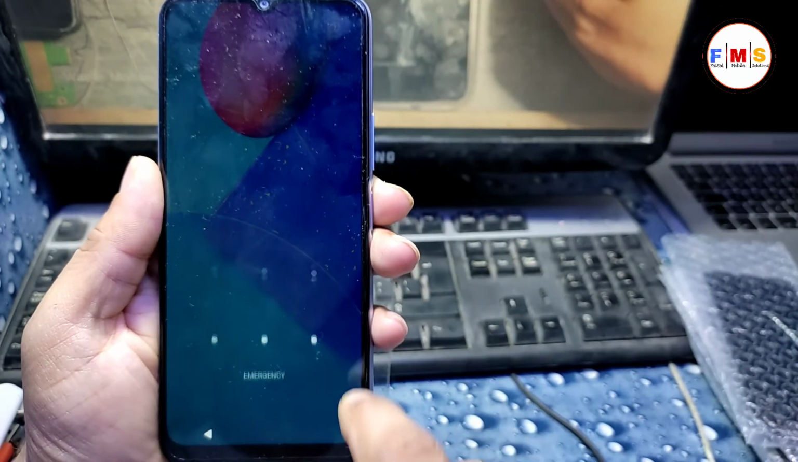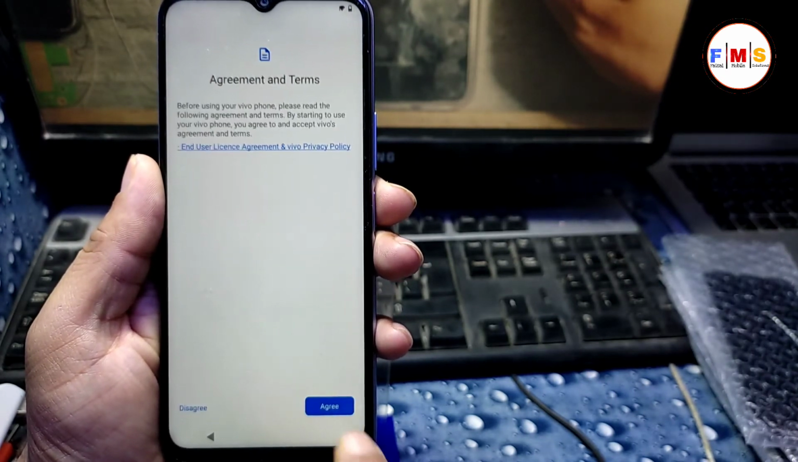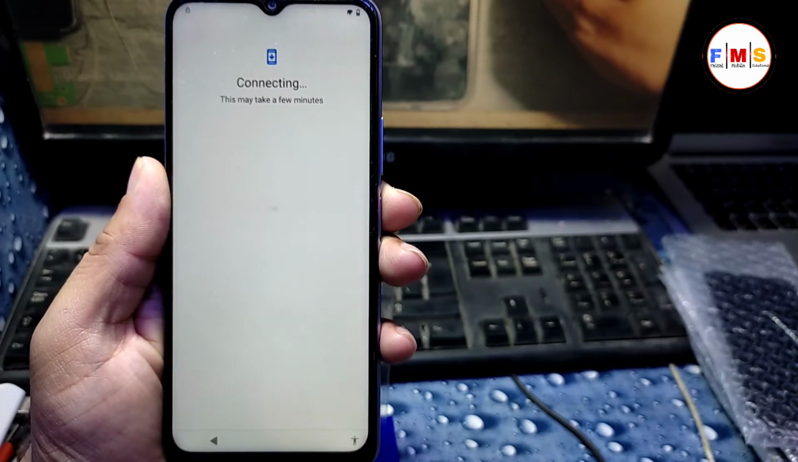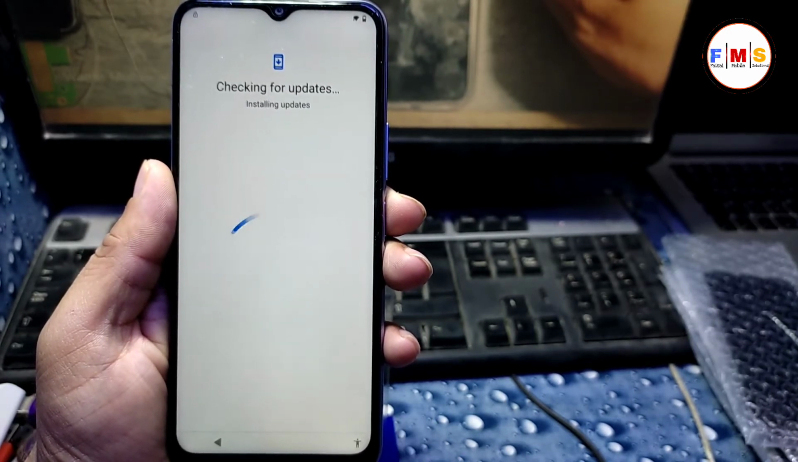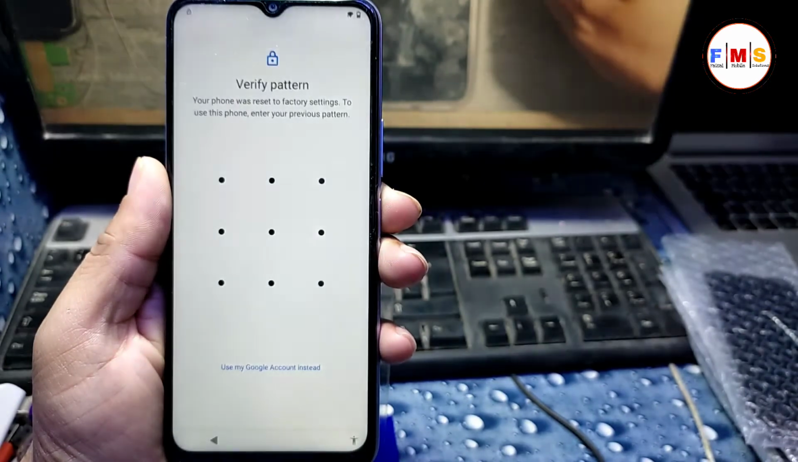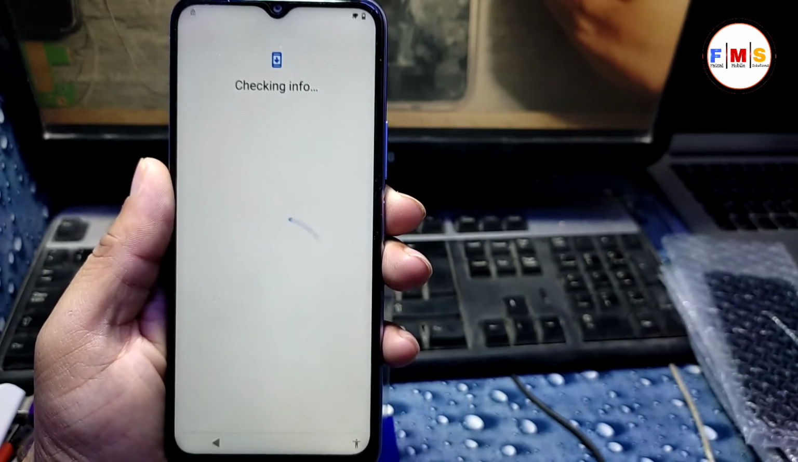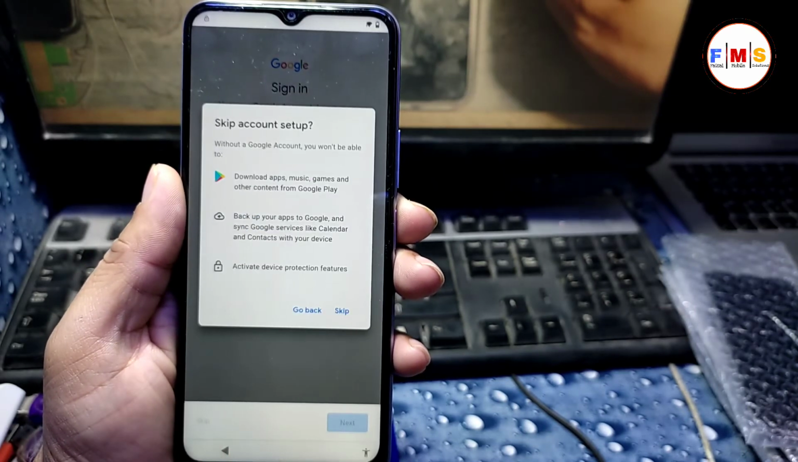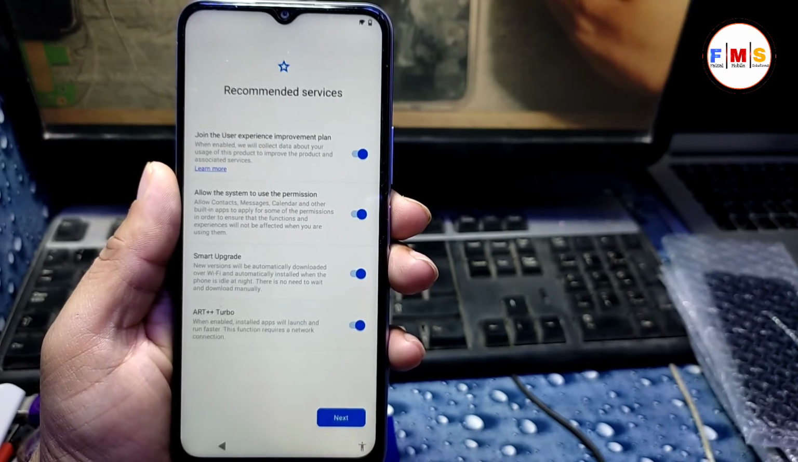So our phone is started up. I just gave the pattern. Just click next, agree, and just skip this one. It will take a little bit of time. It's checking updates. Now here we need to give our pattern which we set before. So as you can see, there is a skip button now, and you can skip this screen and skip, next,